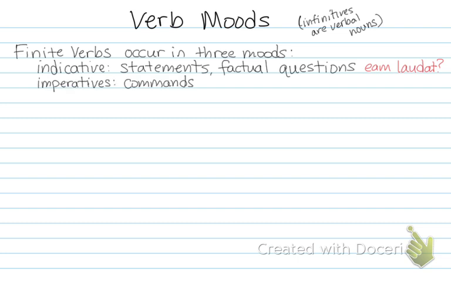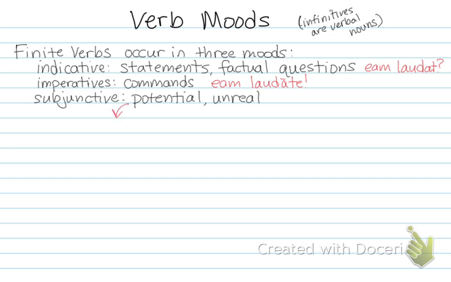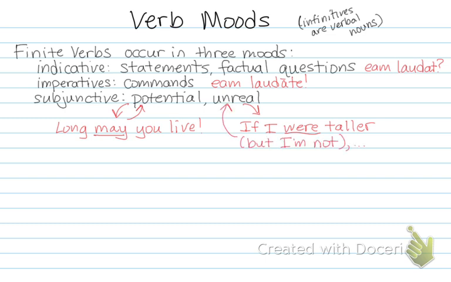The second mood is imperatives. It's used in commands, like eam laudata, praise her. And the third mood is the subjunctive. It's used to indicate potentiality or unreal things. Since we haven't learned the Latin ones yet, I'm going to use English examples. English example of potential: long may you live. May indicates potential, so we would use the subjunctive in Latin. Unreal is, for example, if I were taller, where that implies, but I'm not taller,